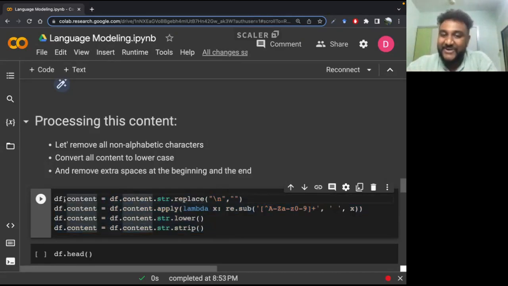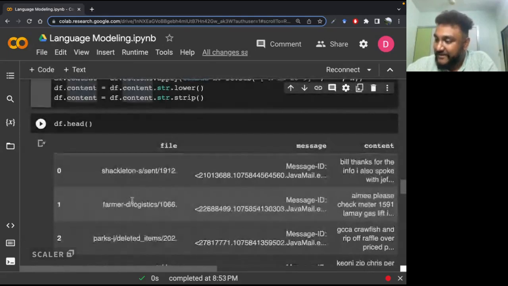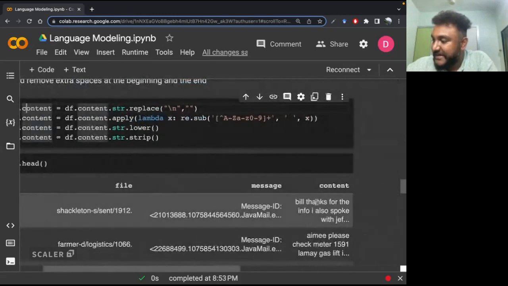Okay. So that is why we are not doing it. There's a good reason for it. Okay. Moving on. Now that we have done all this pre-processing to the stuff inside our content,